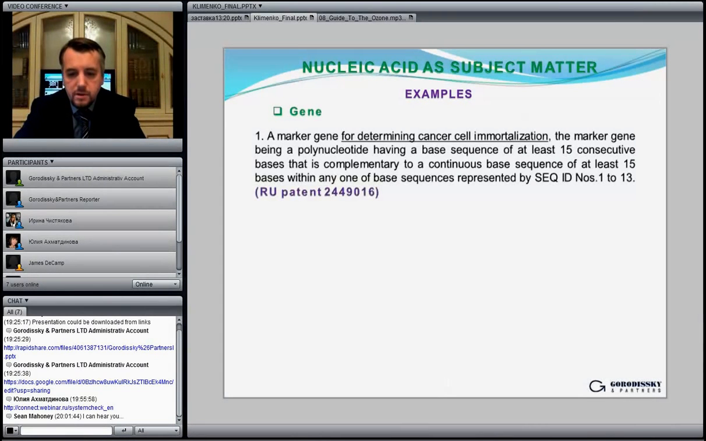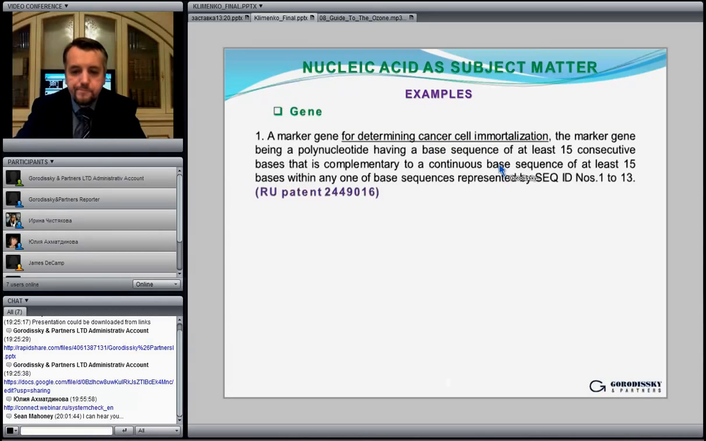Patenting a gene, and this is cancer. All my examples here are from cancer research. This gene was discovered to be a marker gene for determining cancer cell immortalization. So presumably it is overexpressed in case the patient has cancer. So this is the function of this gene, marker for determining cancer cell immortalization, and the rest of the claim